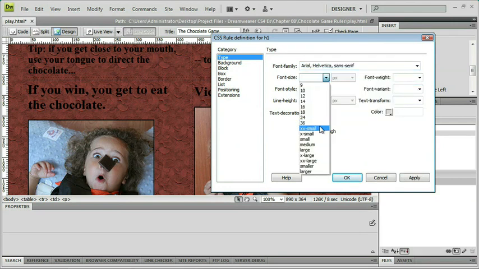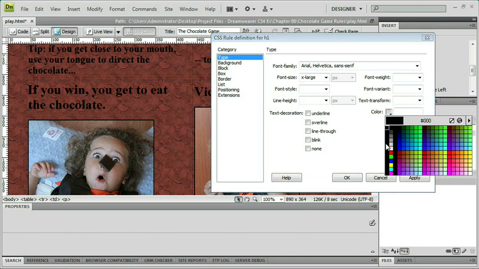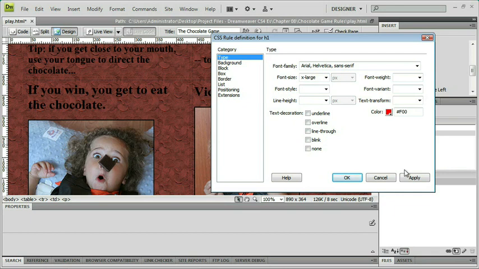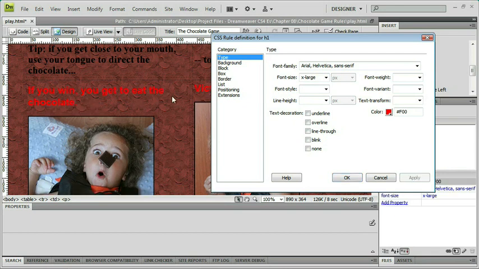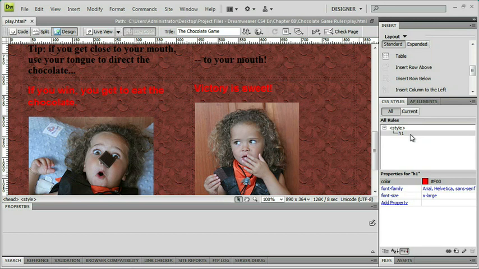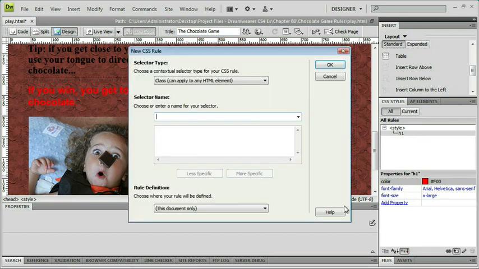We'll change the size. So for the H1, I'm going to use extra large. And I'm going to use a nice bright red color. Click Apply, and you see instantly this is applied to the text. Now let's create a style for the H2 tag. Again, new style, tag style,